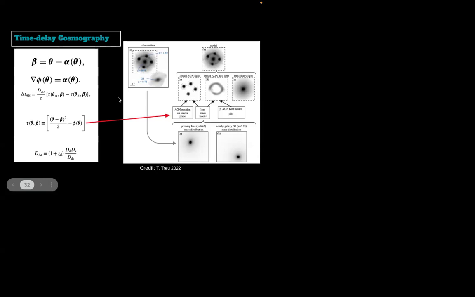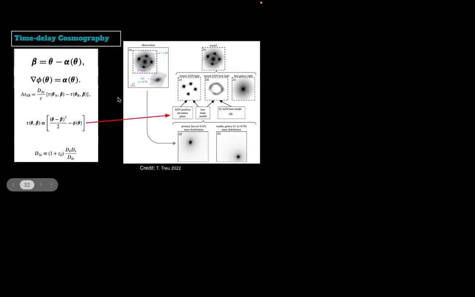And then if you also want to include the host light, you will take an AGN host model and do the same thing. And the lens galaxy light is not lensed, so it will just be present there. In this way, you have control on the beta value, which is the source position, and the phi, which is the lens mass model. If you have estimated this, then you have estimated what is called the Fermat potential for each position in the image plane.